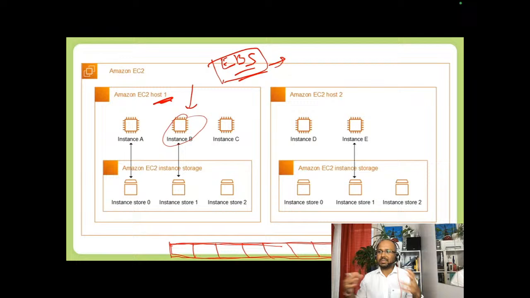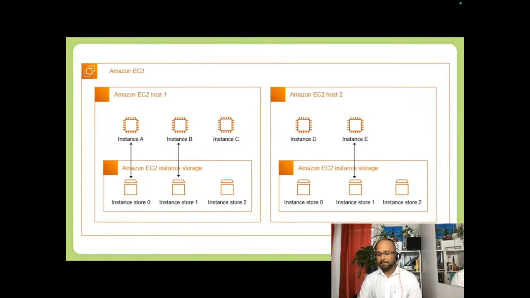With Ethernet we are connecting this. Similarly here, EBS is network attached. This is within the AWS environment and is attached through the network to our EC2 instance. So this is not direct,